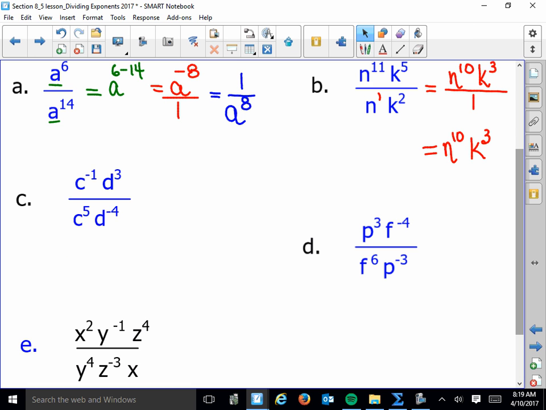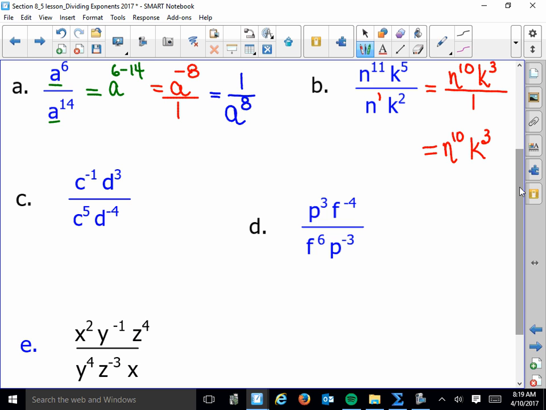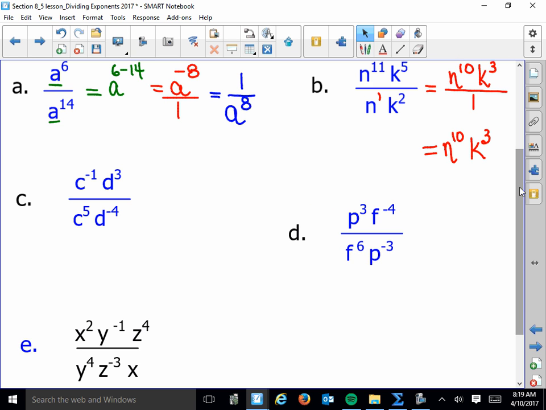Okay. All right, part C. c to the negative 1, d to the 3rd, divided by c to the 5th, d to the negative 4th. The rules still apply even with negative exponents. c to the negative 1 divided by c to the 5th is the same as c to the negative 1 minus 5. I'm subtracting the exponents,